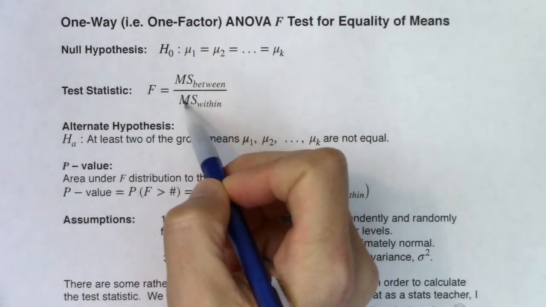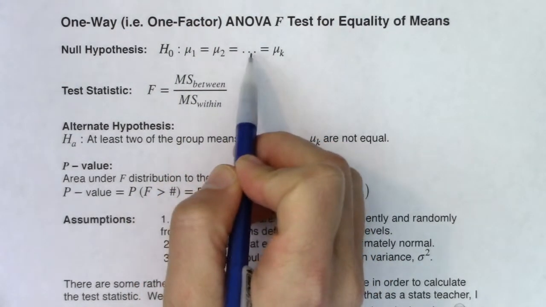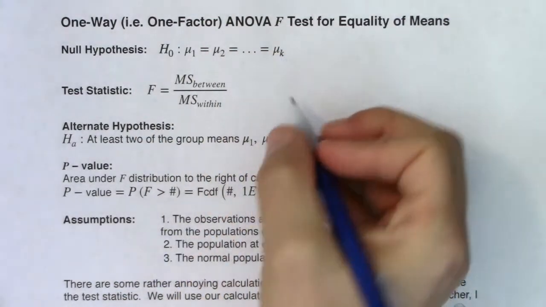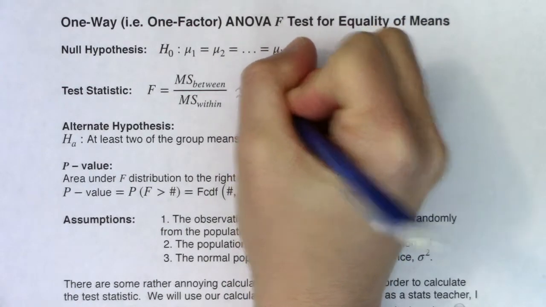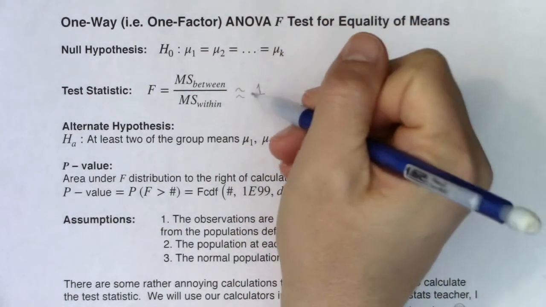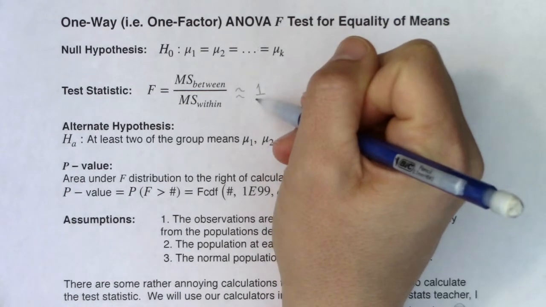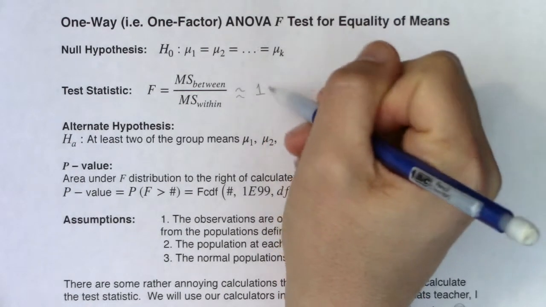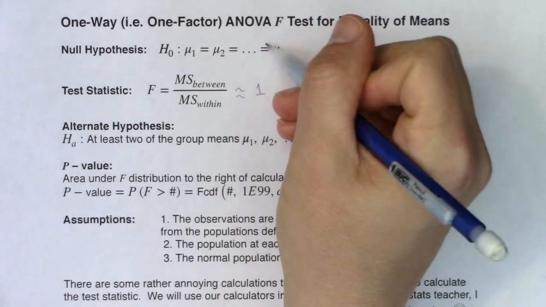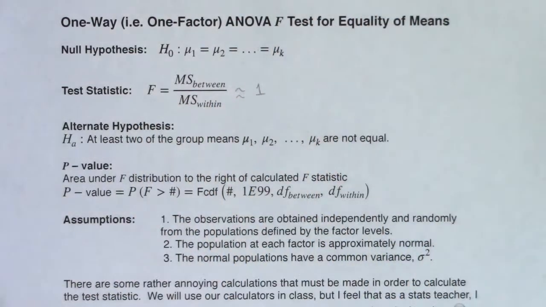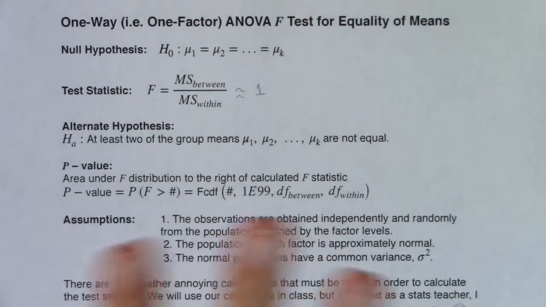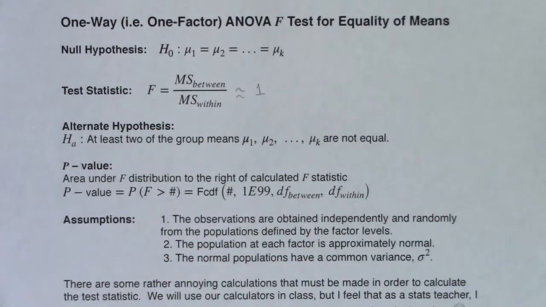The idea here, though, is if the null were true, which is the thing that we're always assuming, this ratio, just to give you some perspective, should be close to 1. The further away this test statistic is from 1, the more evidence we have against the null. So we're looking for an F-test statistic close to 1. That might change slightly depending on your degrees of freedom, but close to 1 is a pretty good bet that the null is true, or that we're going to fail